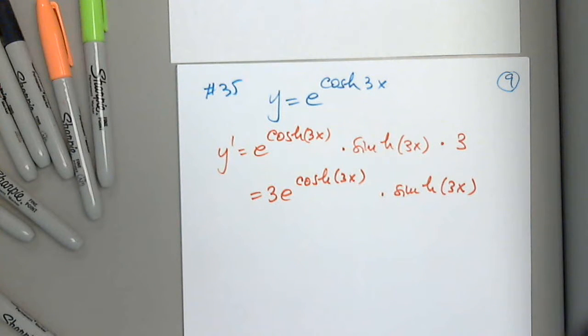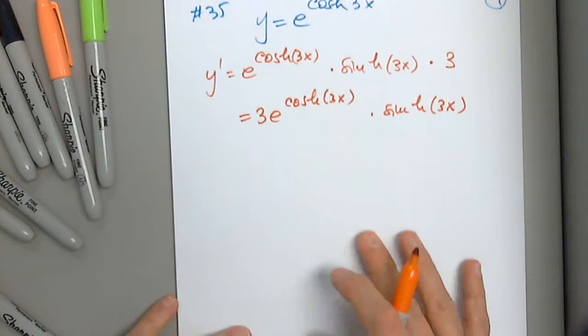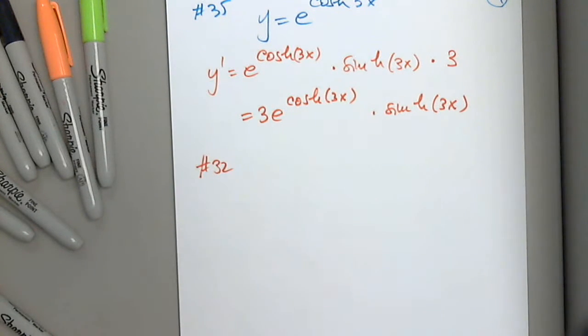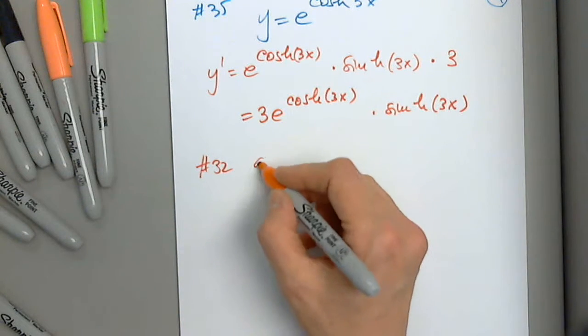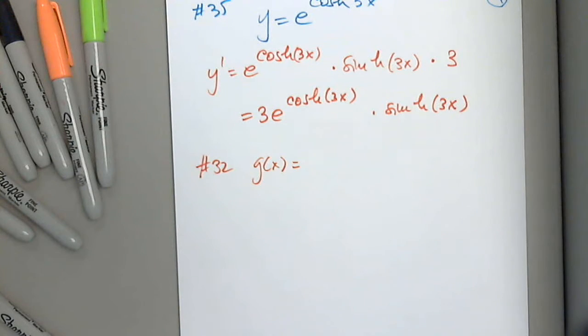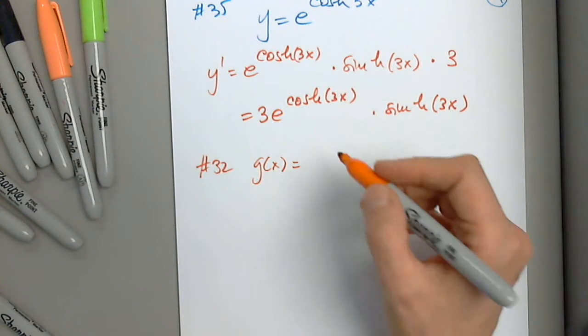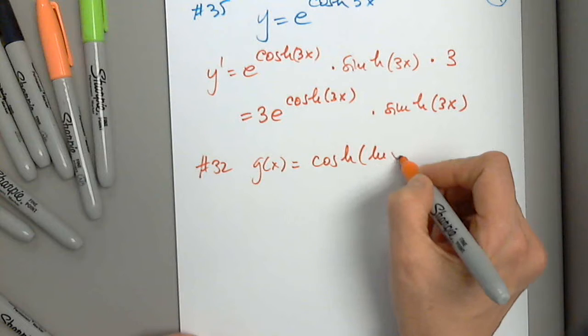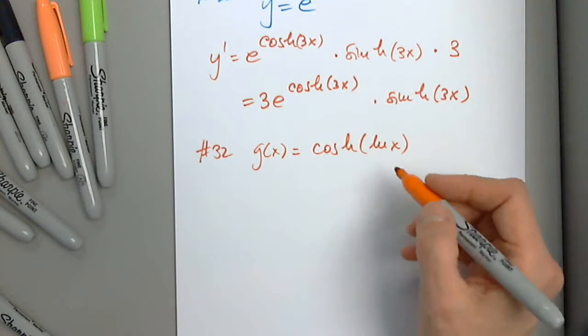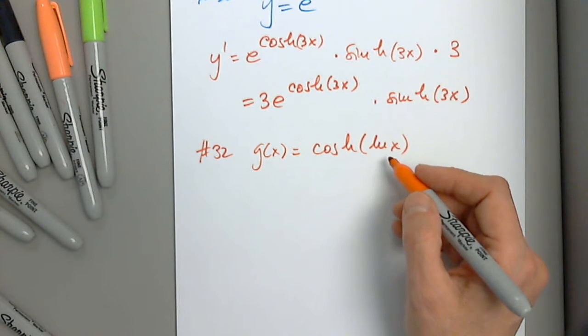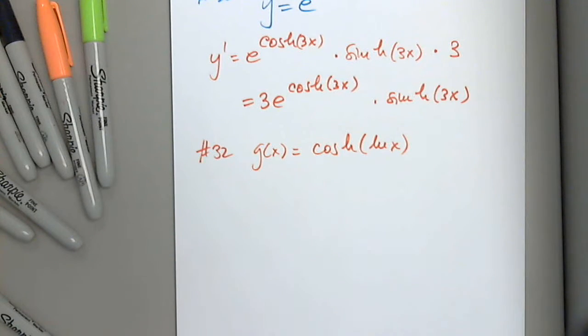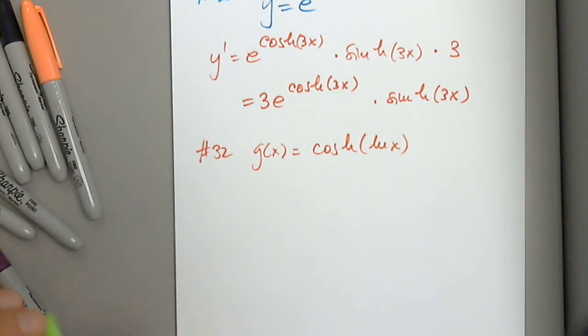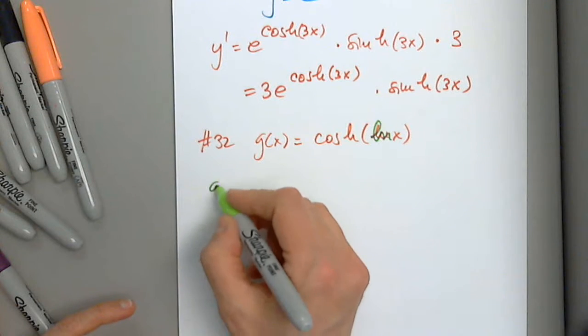What about 32? It's a good refresher for the chain rule. g of x equals hyperbolic cosine of natural log x. We can modify it and put something else instead of plain x, so we can see 3 different functions. Would you like to do that? Is that ln x? Yes. Thank you. ln x. So g prime will be